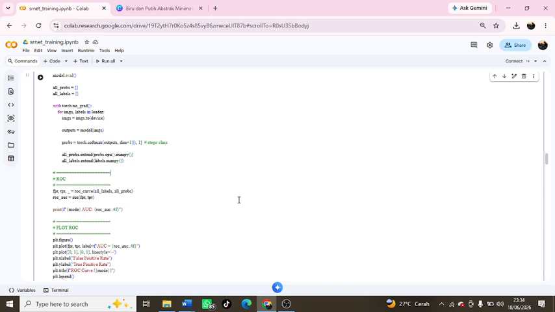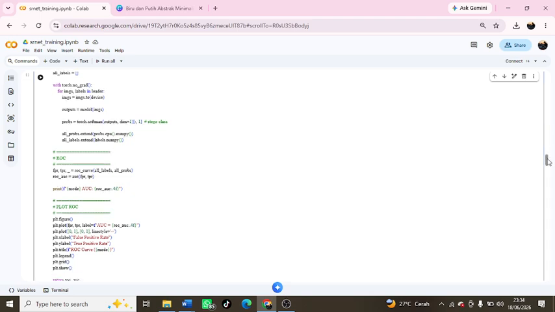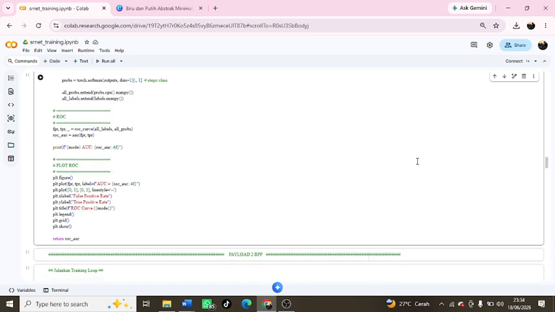Next, the AUC value, the area under the curve, is calculated. The closer this value is to 1, the better SRNet's ability to detect the presence of hidden messages. The evaluation results are then visualized as an ROC plot so that the model's performance can be analyzed more easily and comprehensively.